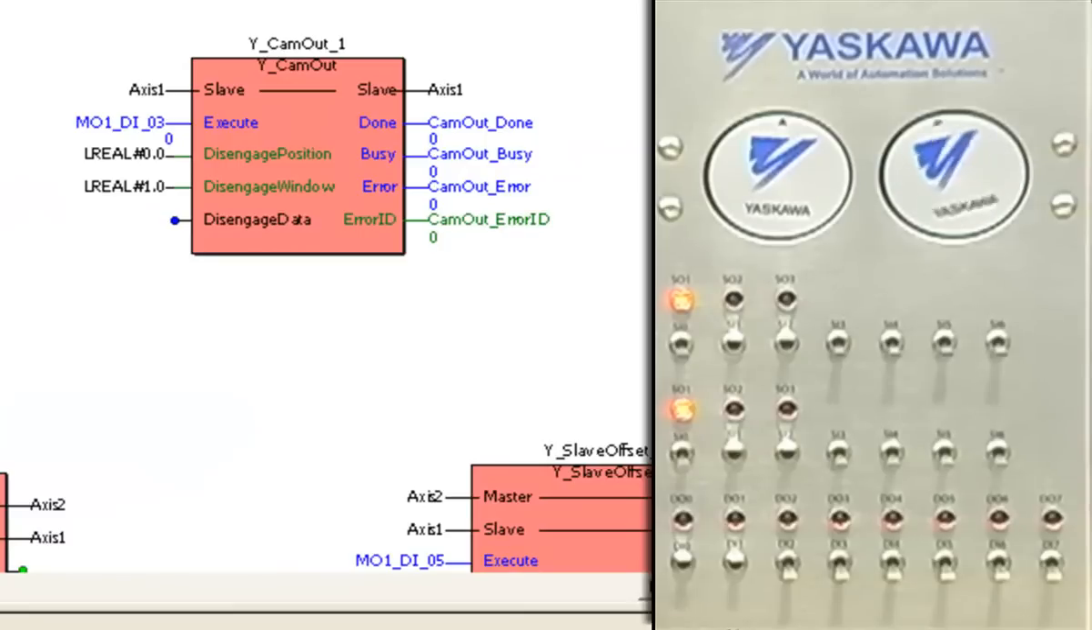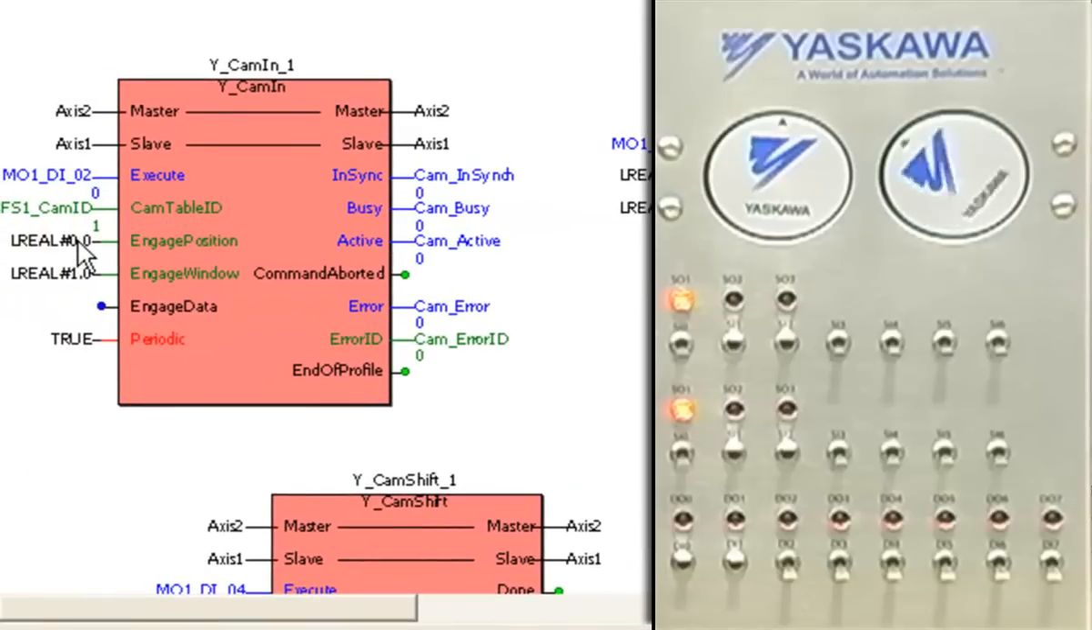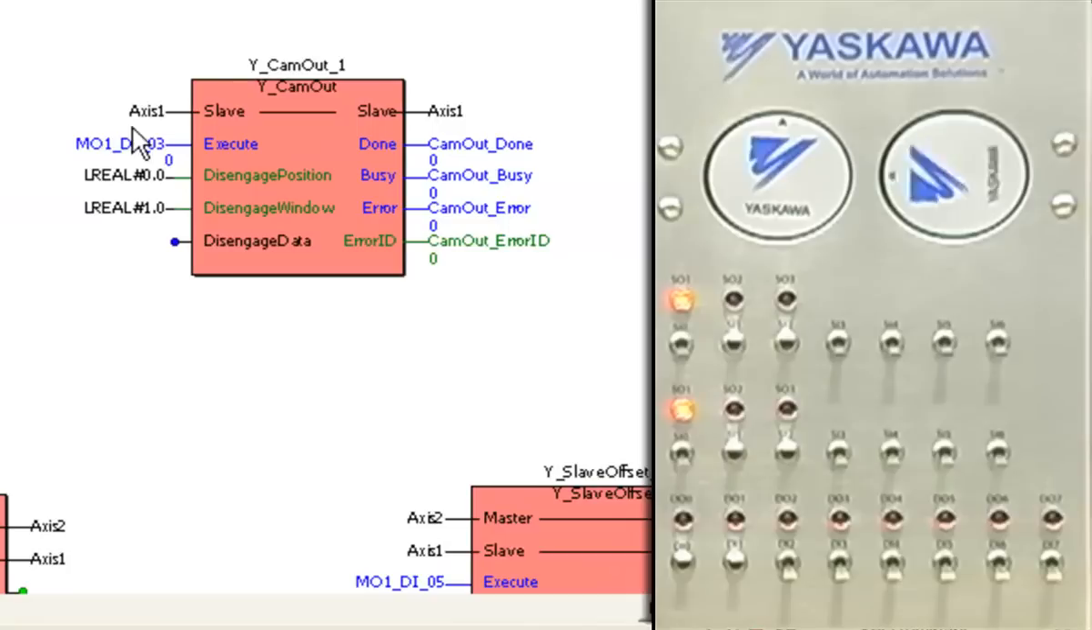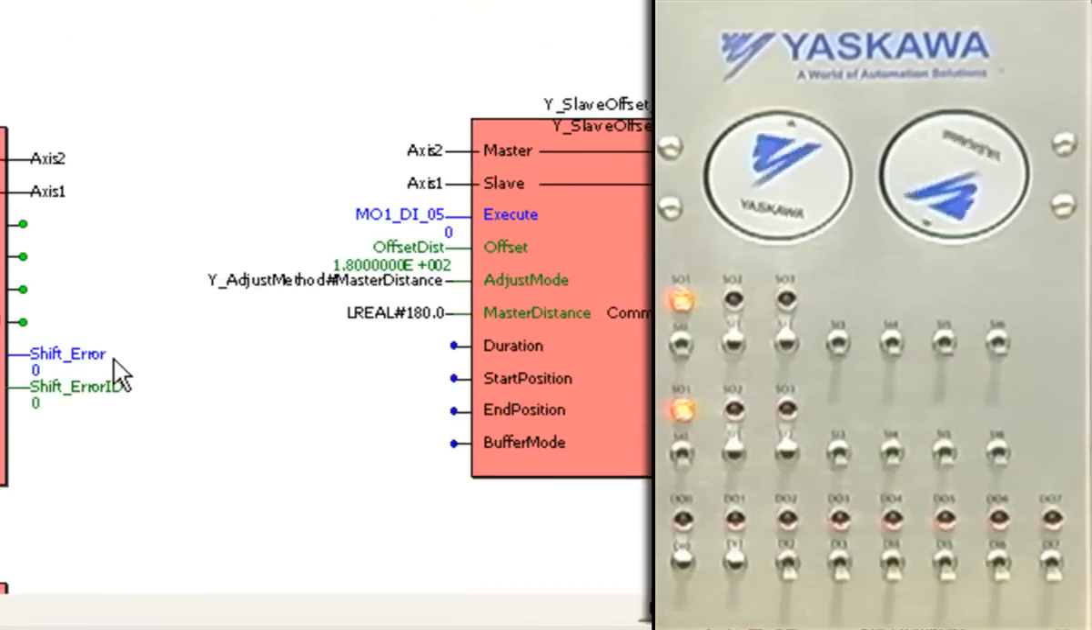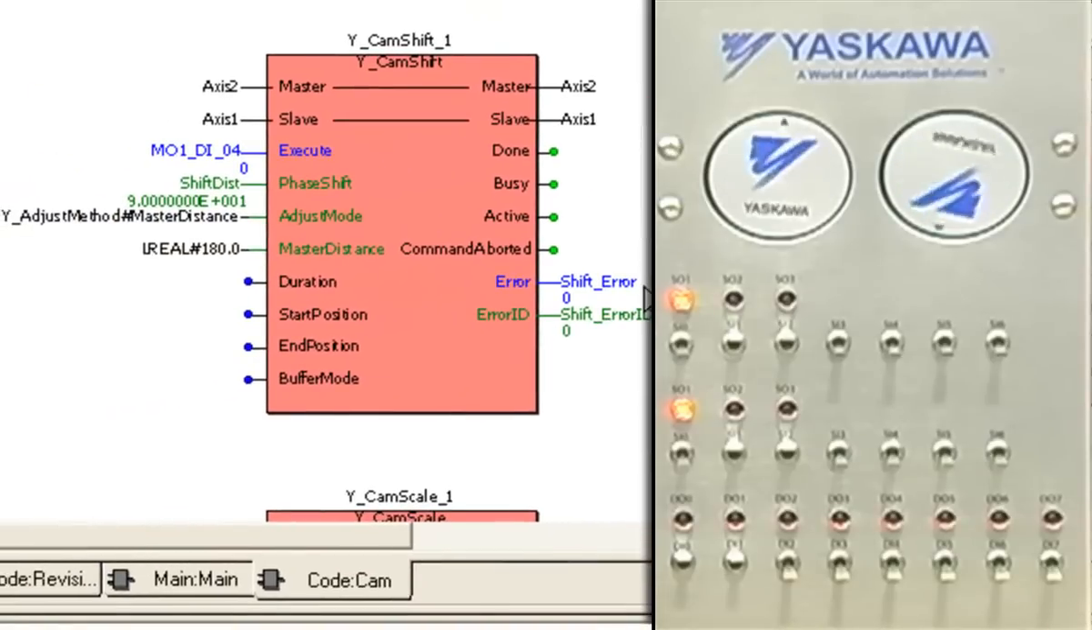If I want to disengage the cam, input 3 will disengage the cam. Both of these are set to use the type engage position. So it'll engage the position at master position 0, and it'll disengage at master position 0. So again, I'll start that cam moving. To perform a cam shift, we put in a shift distance, and the adjust method is over a certain master distance, and the master distance is put in here as 180